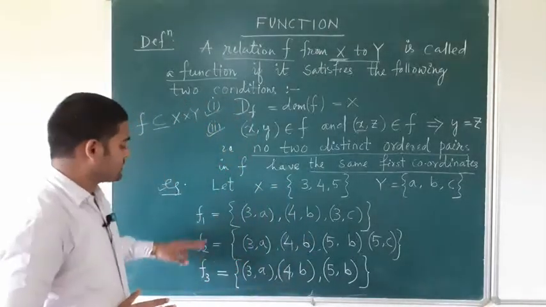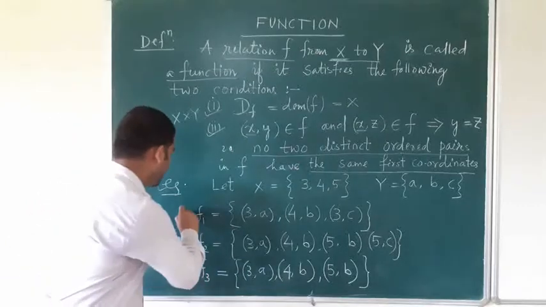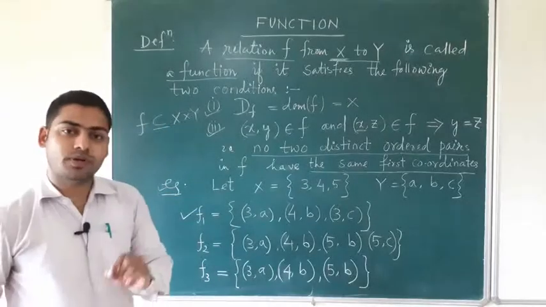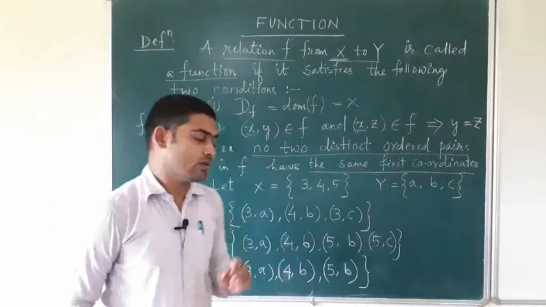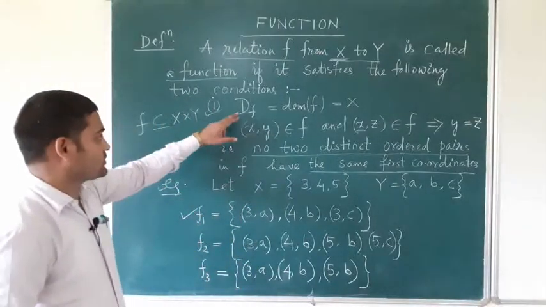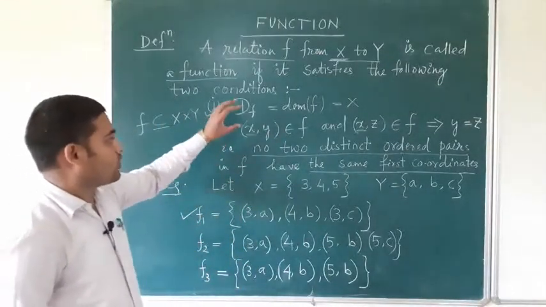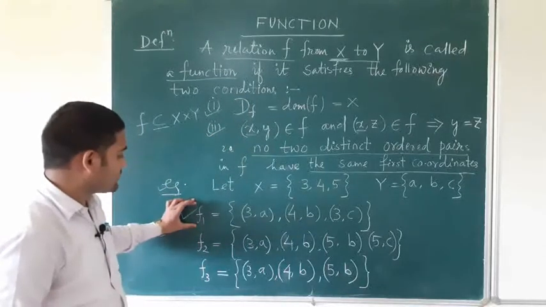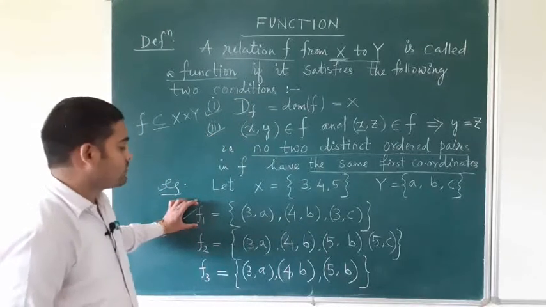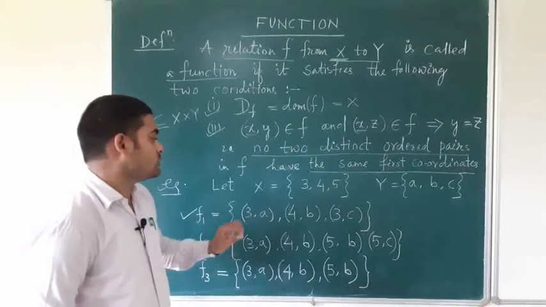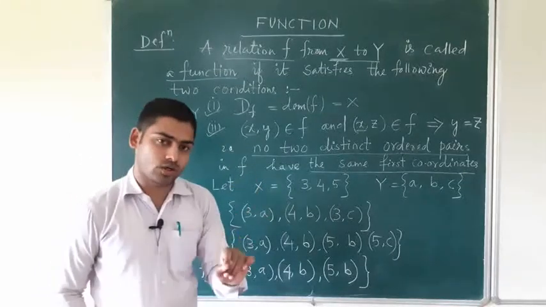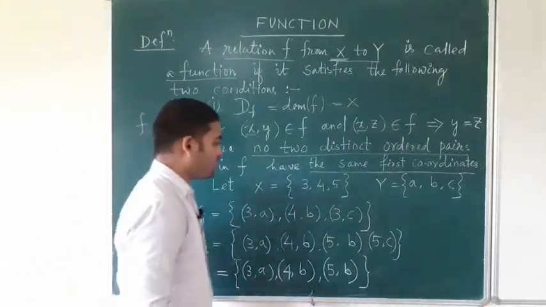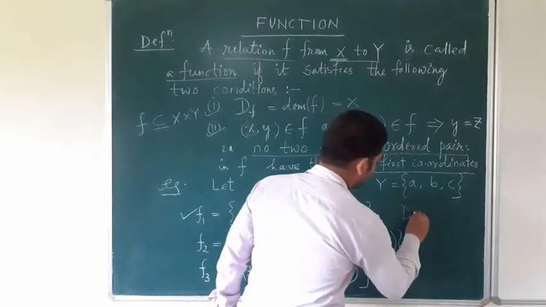So friends, see, is this relation a function or not? First thing we have to see is whether the domain of relation F1 is equal to X or not. So the domain of F1,